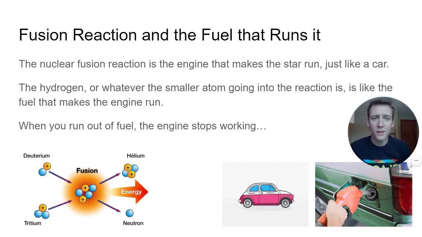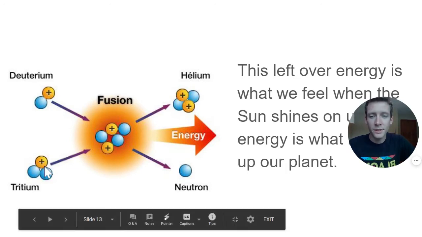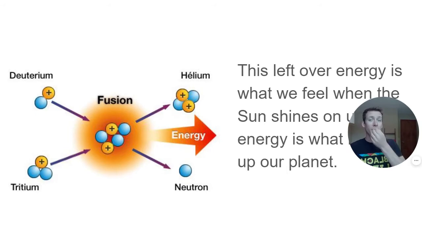So in normal stars, like our sun, what's happening is our gas is these small hydrogen atoms. Different isotopes of hydrogen have these names: deuterium, tritium. If it has just one plus, it's a hydrogen. The gist of it is, when two light elements are going into a reaction to produce helium and energy, that's what's going on in our sun right now. We call that an average star, or a main sequence star.